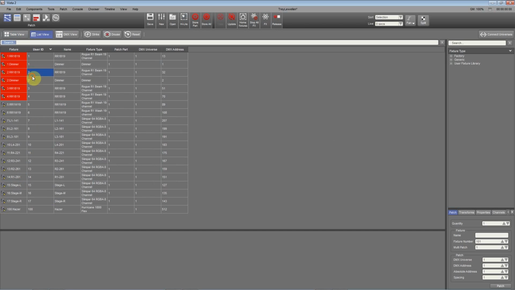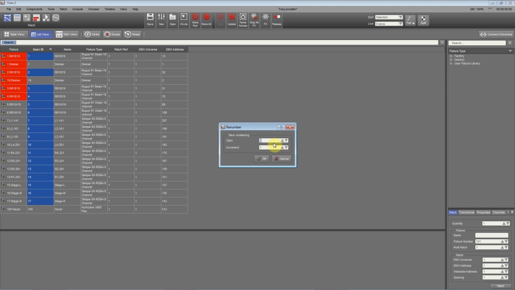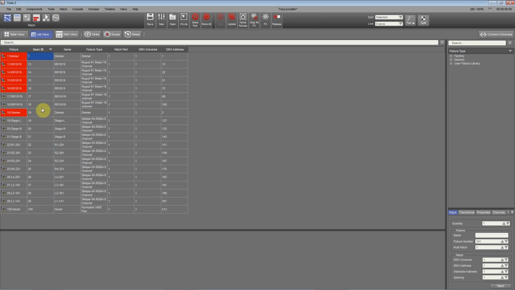We can do this. If I highlight, I should have. There we go. So I did Control to get this. On a Mac, it's probably going to be Command, and then I did Shift to click all of these. Now I can renumber fixtures, and I can do starting at, say, if I want to leave them blank, 1 through 13, I can do 13, and then it's going to renumber them. And then, so now, like, starting at 1,